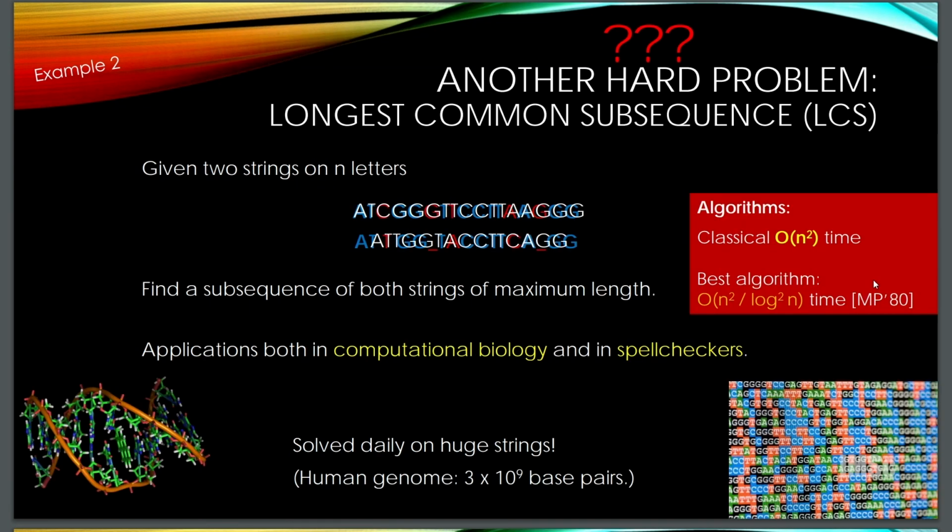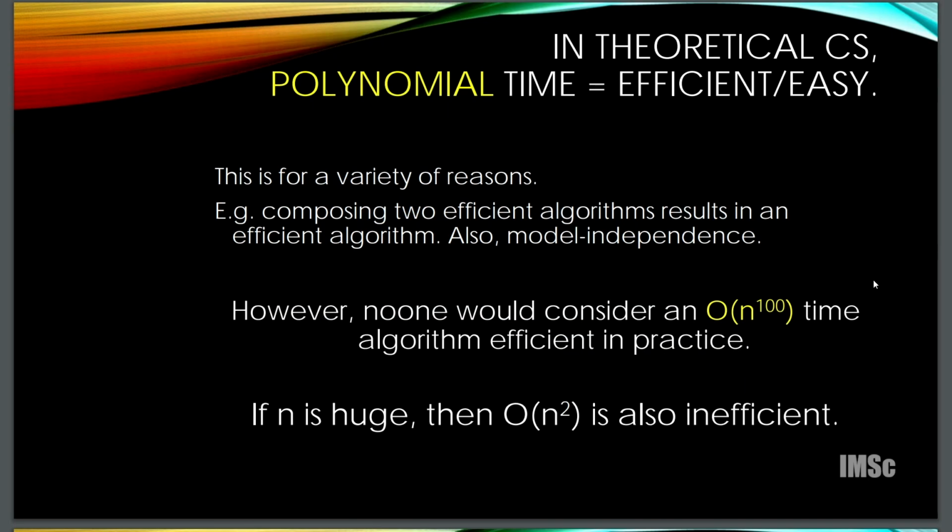But let us come down to some polynomially solvable problems. The longest common subsequence problem is one of the standard problems in dynamic programming that you would have seen as an example. You have two sequences over a finite alphabet, and I want a subsequence of both strings of maximum length. It has a lot of applications, in computational biology and editors and so on. The classical algorithm is n square, and nothing substantially better is known. There is a small improvement, but there is no n to the power 2 minus epsilon.